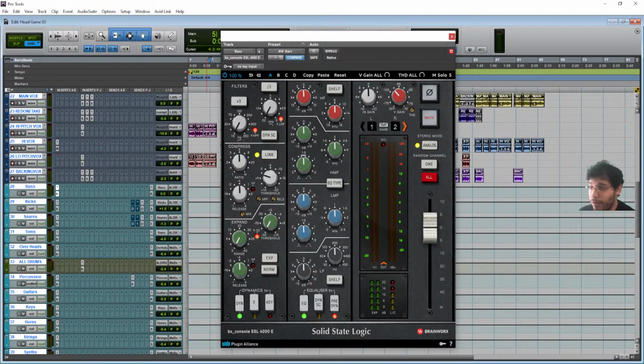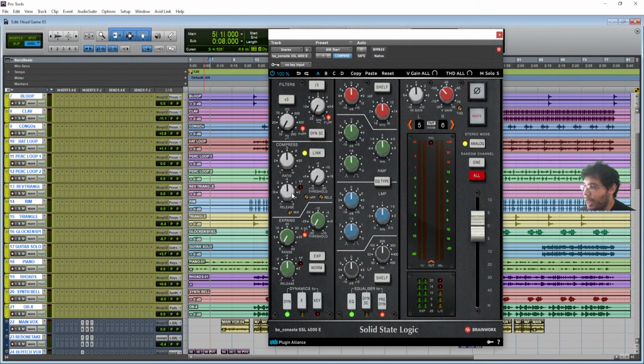So compression's super vital to keep things in its own pocket, in its own space. And that's why I use it a lot for a lot of things. Even things that you don't think need compression, I always just add just a tiny bit just to keep it in its own pocket. From there, thinking, like I said, left to right, I had the piano, the keys,